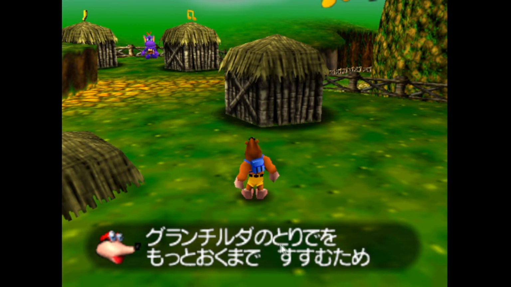グランチルラの砦をもっと奥まで進むため. Okay. Oh man, we've got so much here. So yeah, Gruntilda's fortress. Motto is like more, and then oku means like deep, more deeply. It also just means like to the back of something, right to the back.